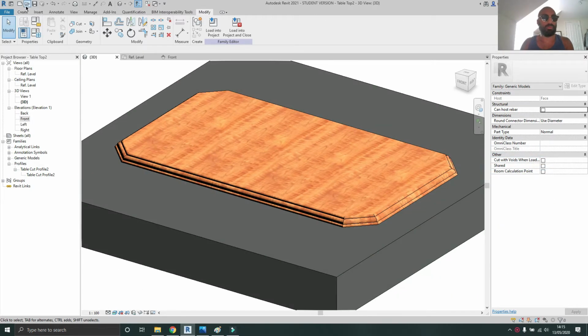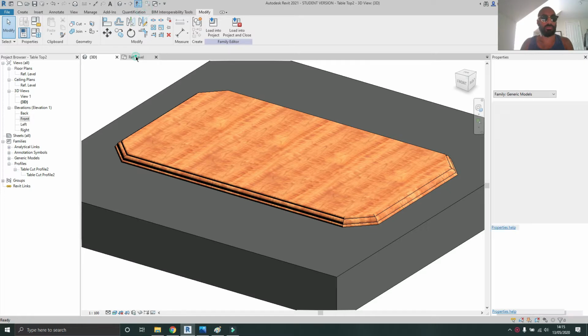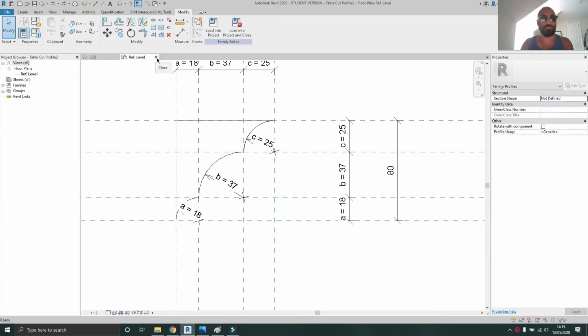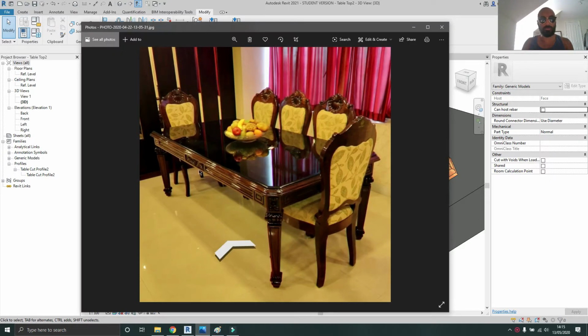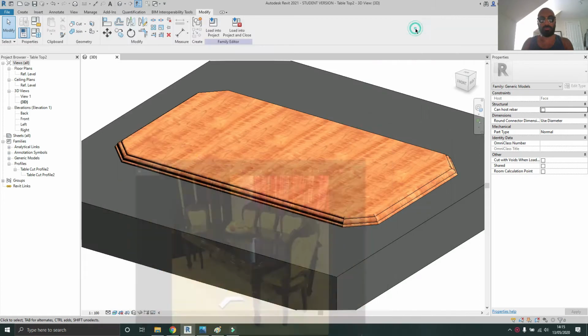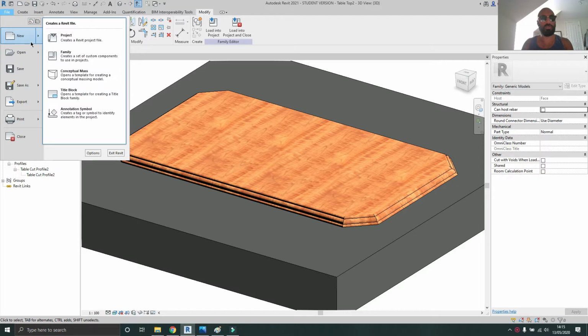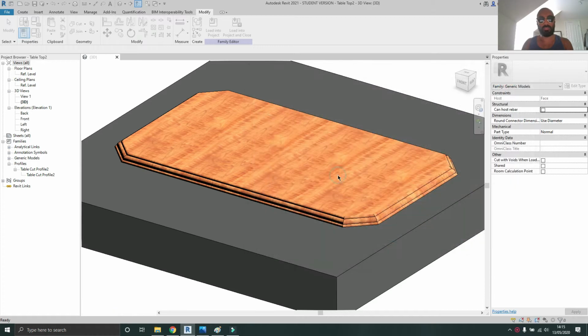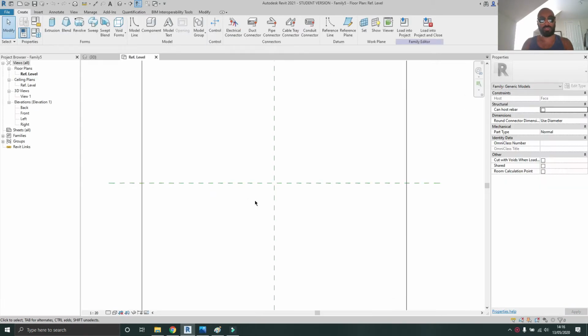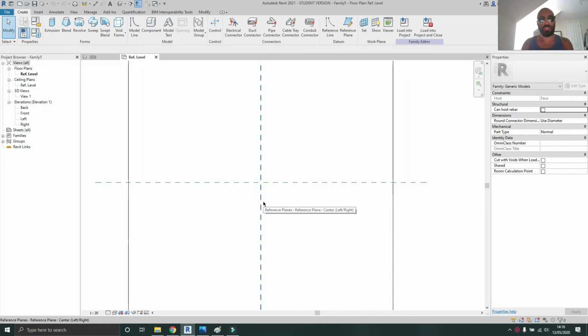Right. So I'm gonna close everything down that I don't need. I don't need that anymore. We did that one in part 2. Now I want to create the supports. So these things here. So for that, I'm gonna say File, New. Again, we're gonna say face-based family. So family, and then metric generic face-based, and then we are going to say,